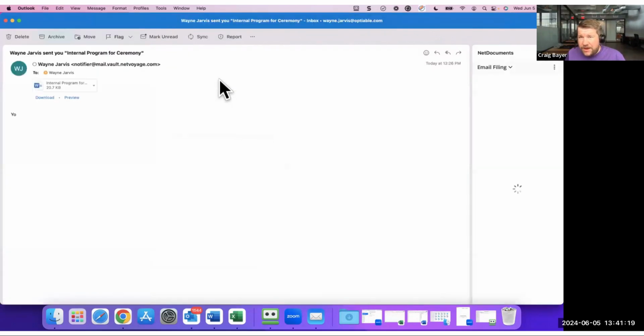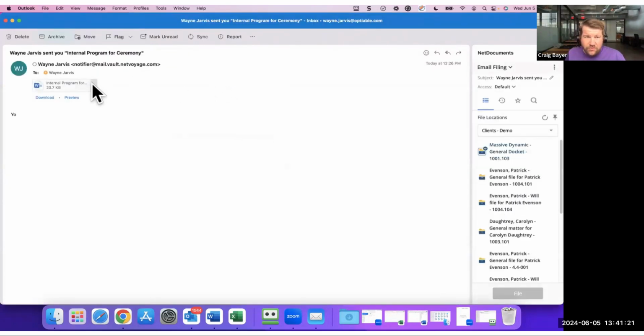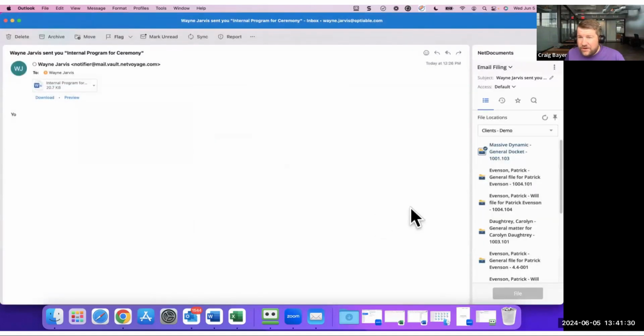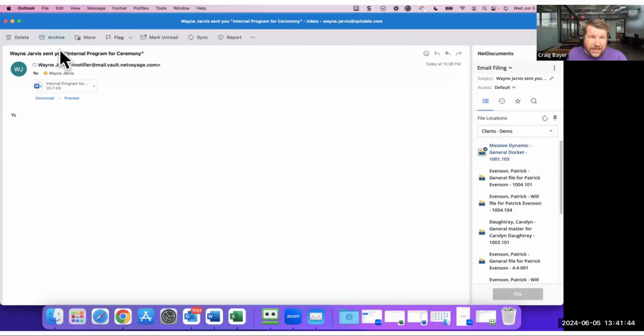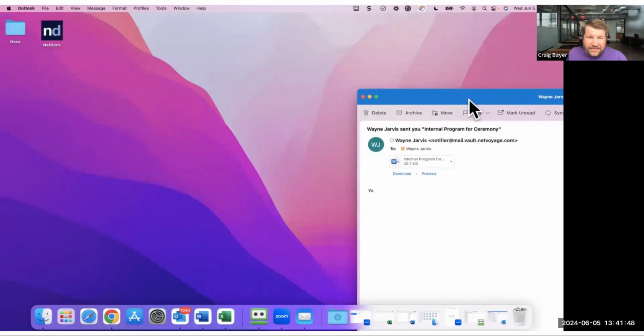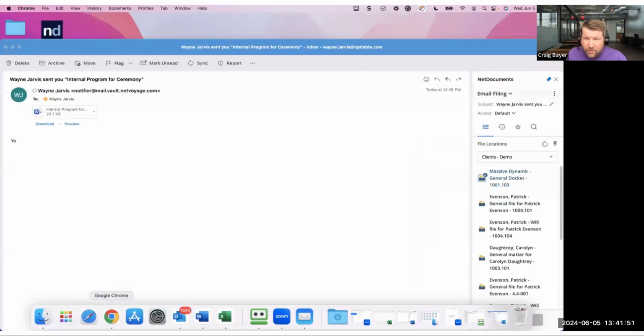If we come up here, this is really our big weakness now, saving this attachment as its own document here. So right now on the email filing, I can file this email into NetDocuments. The email will be saved into NetDocs. The attachment will be saved into NetDocs, okay? But it will be saved embedded in the email. So how do I get